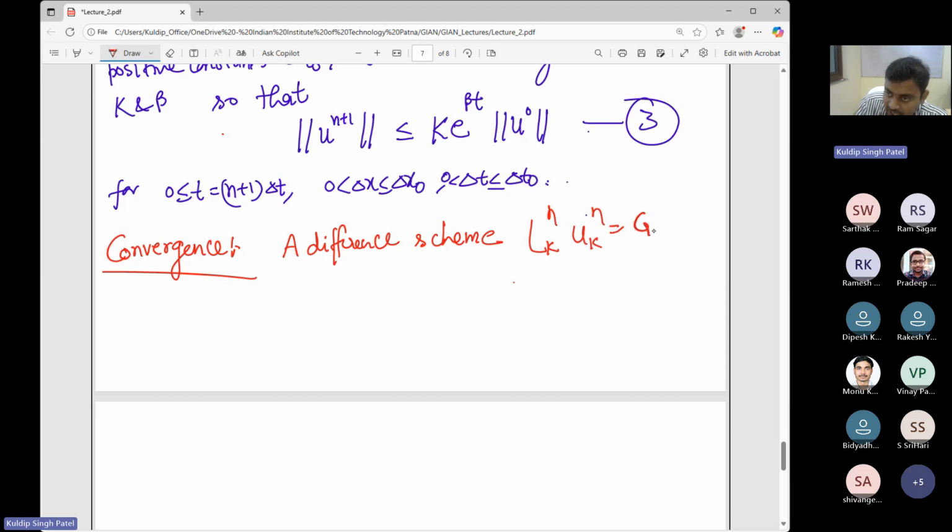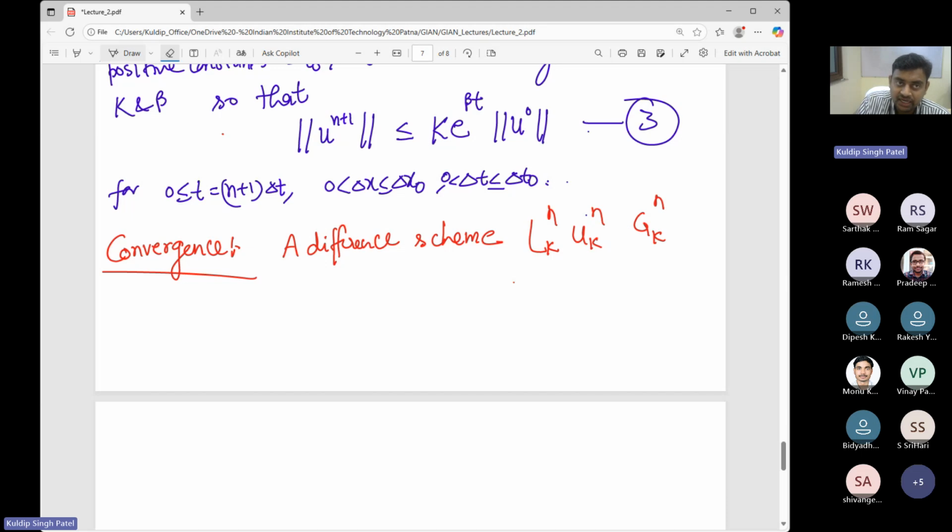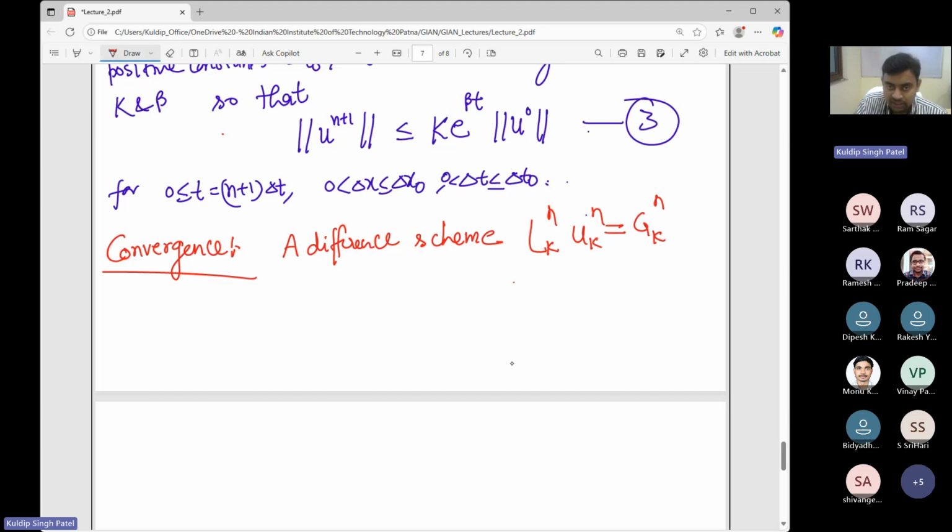u_k^n equals g_k^n. Basically, when you write a difference scheme, you write in terms of u_k^(n+1) minus u_k^n, which we denote by L_k^n u_k^n = g_k^n. If you are not comfortable with this notation, understand it simply as whatever your difference scheme is, written in this format. A difference scheme approximating the PDE Lv = f is a pointwise convergent scheme